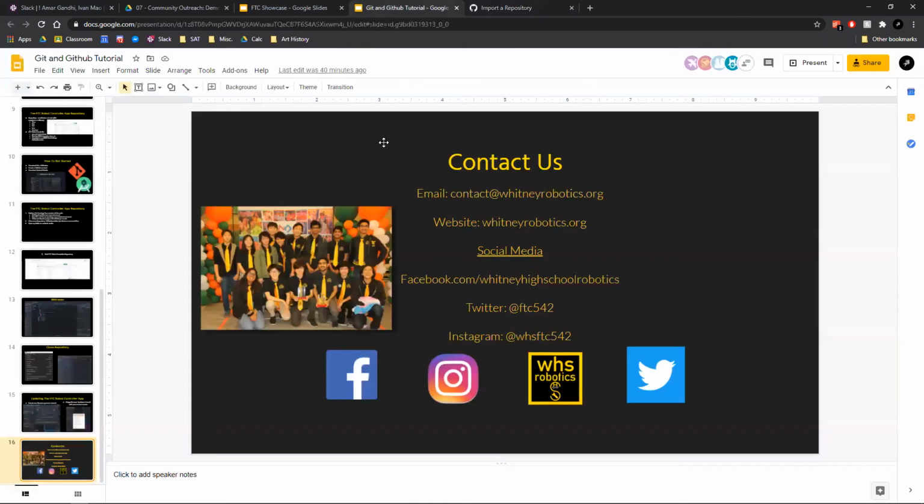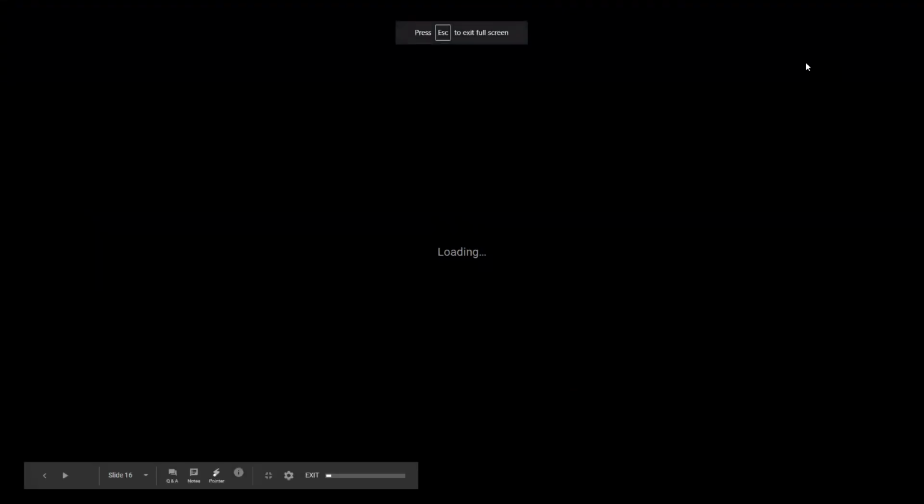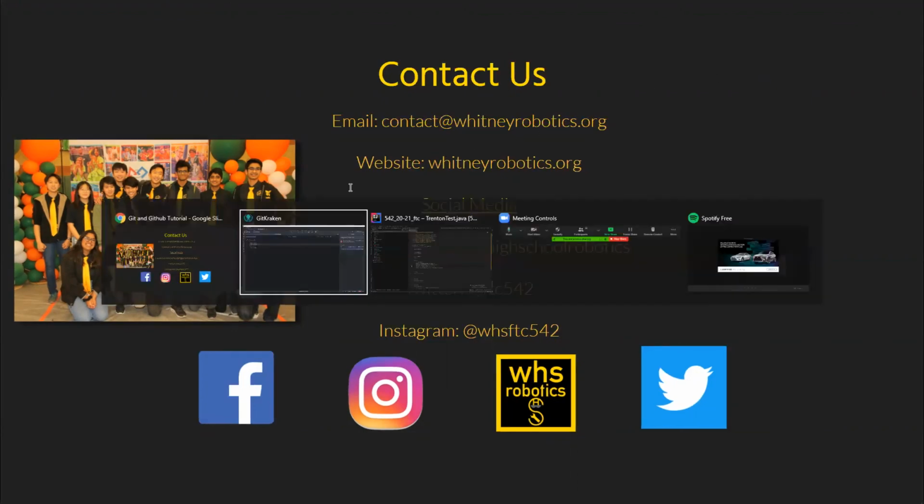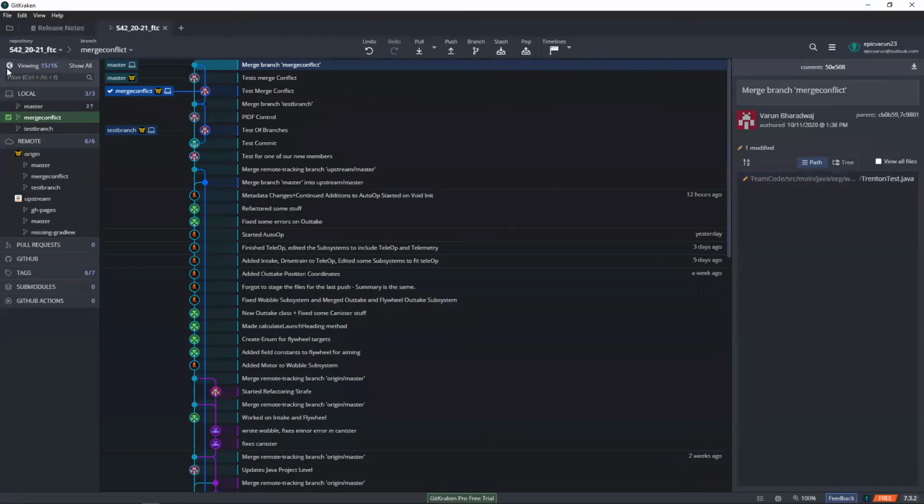I have a quick question. What do you think is the benefit of using Git in terms of FTC? Because a lot of teams don't use it. What do you think is the biggest benefit that you guys have seen by using Git? Definitely the biggest benefit is being able to work on different branches and make changes on certain stuff and not have it affect your old code. So for example,